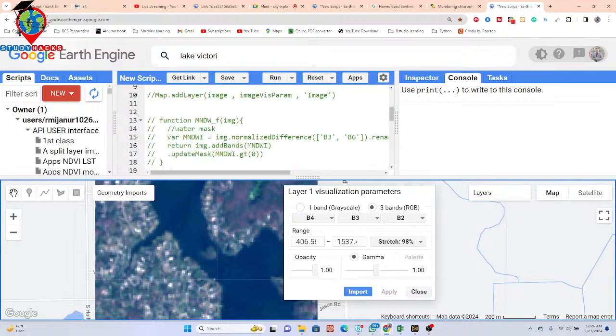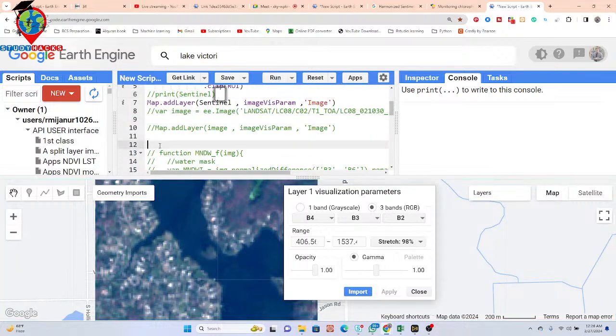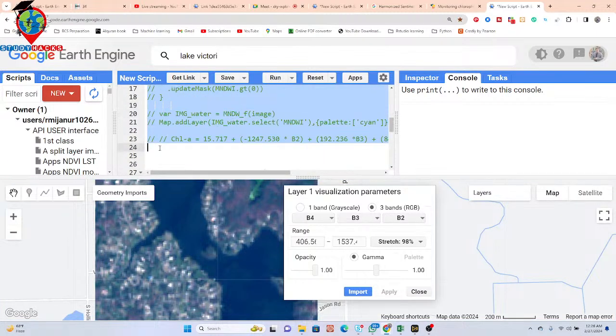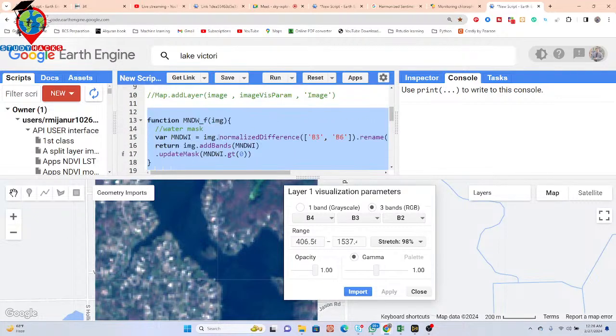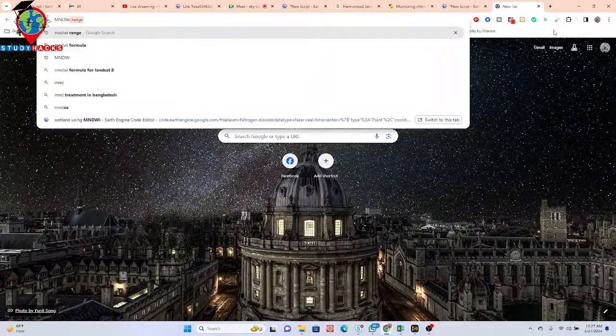I just use the same function to extract the water body. I just need to change the band name. This time I want to apply the MNDWI. And what is the formula for the MNDWI? I simply search on Google, and then we can easily get the MNDWI formula